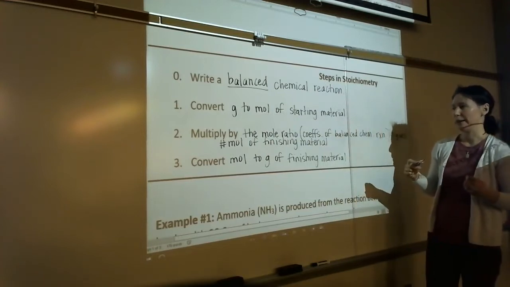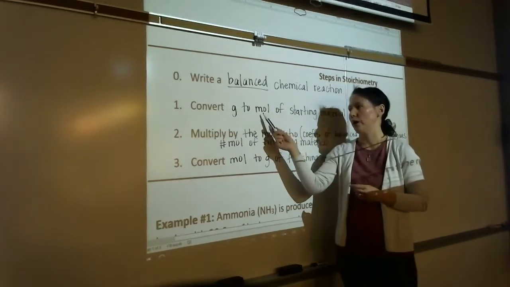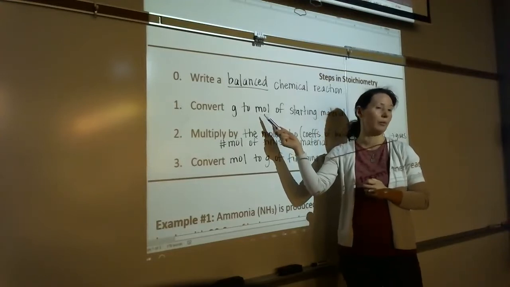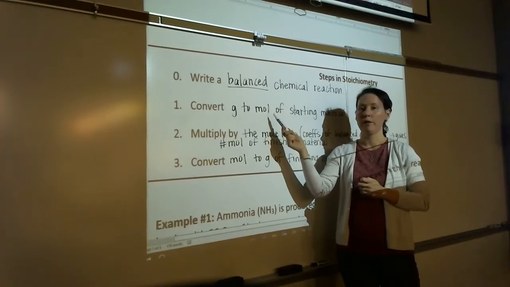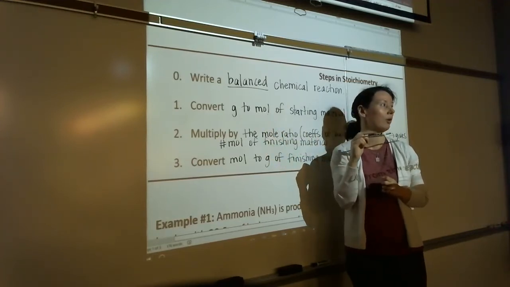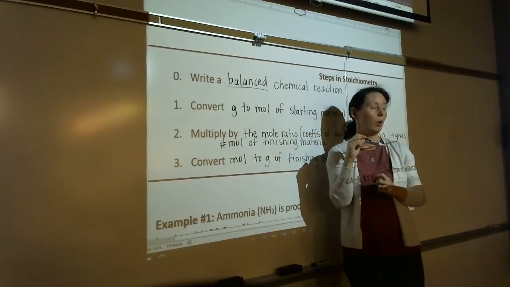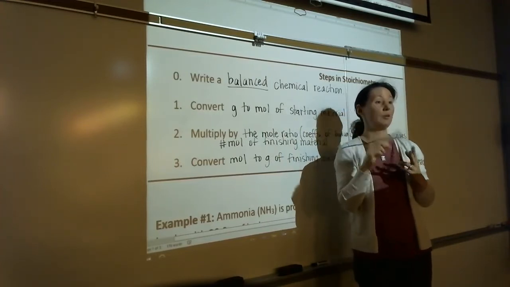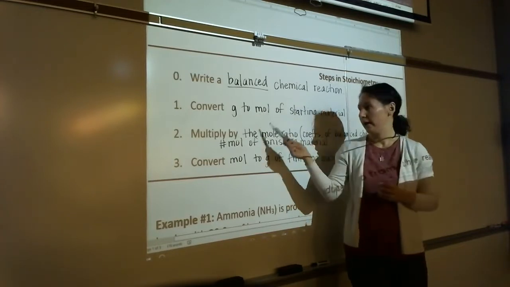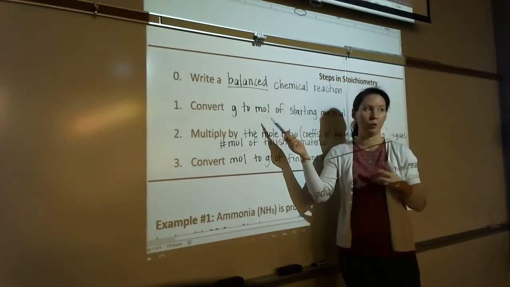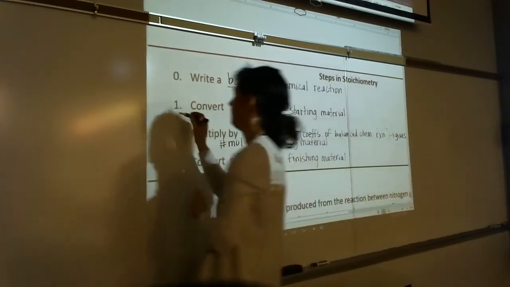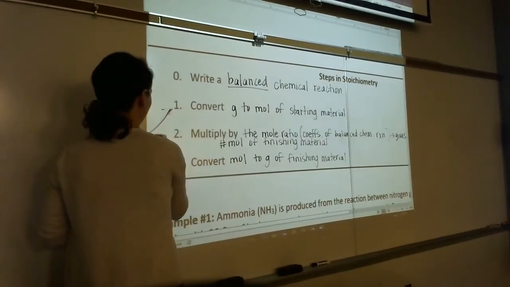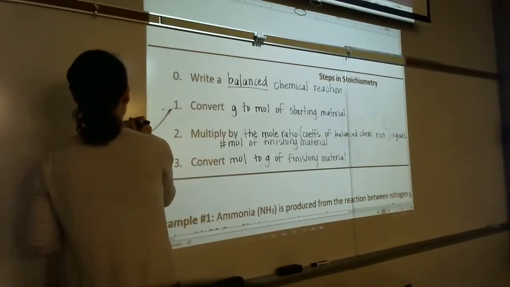So, things to think about. When you're converting grams to moles, are you going to use Avogadro's number or molar mass? Which one do we use there? Avogadro's number is only used when the problem involves what? Atoms, particles, right? Is that part of this? You see the word number of particles, number of atoms anywhere in here, right? So make sure you note to yourself, in step 1 and step 3, you're using molar mass,